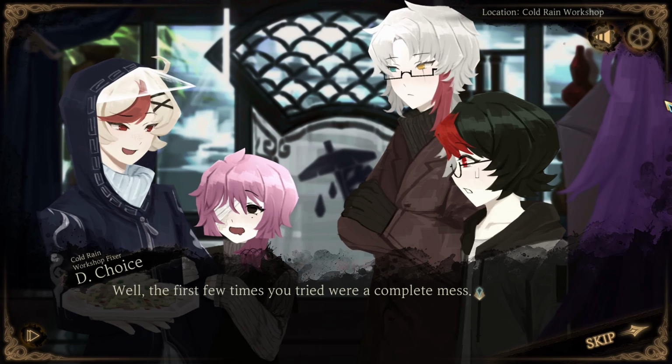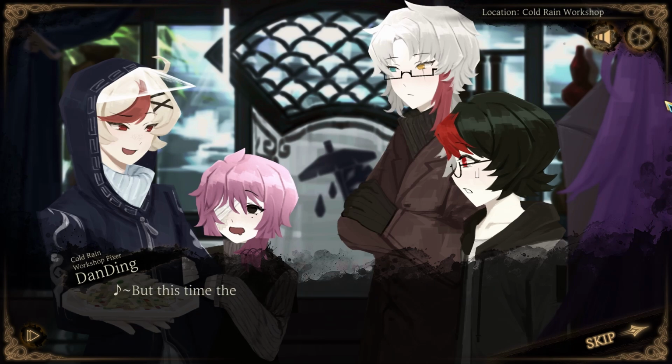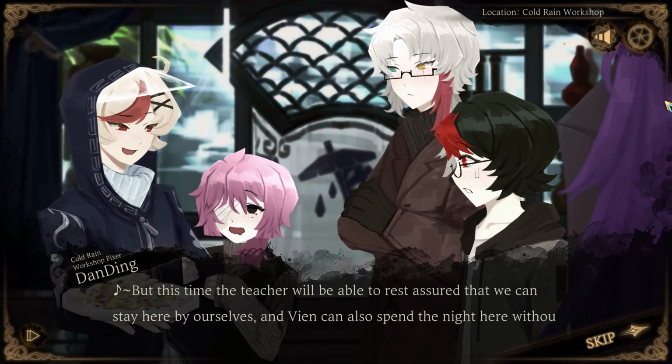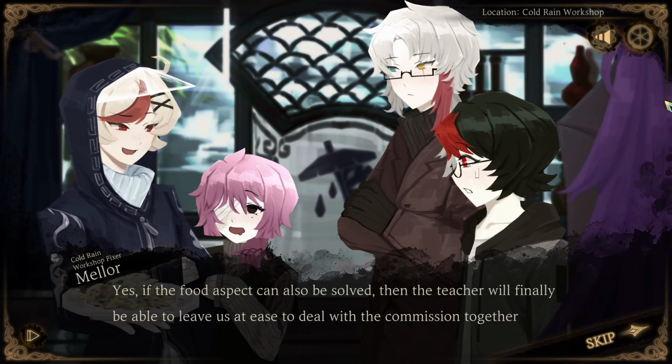Well, the first few times you tried were a complete mess. Quantitative change is a prerequisite of qualitative change. Do you understand? But this time, the teacher will be able to rest assured that we can stay here by ourselves, and Vienne can also spend the night here without any worries. Yes. If the food aspect can also be resolved, then the teacher will finally be able to leave us at ease and...